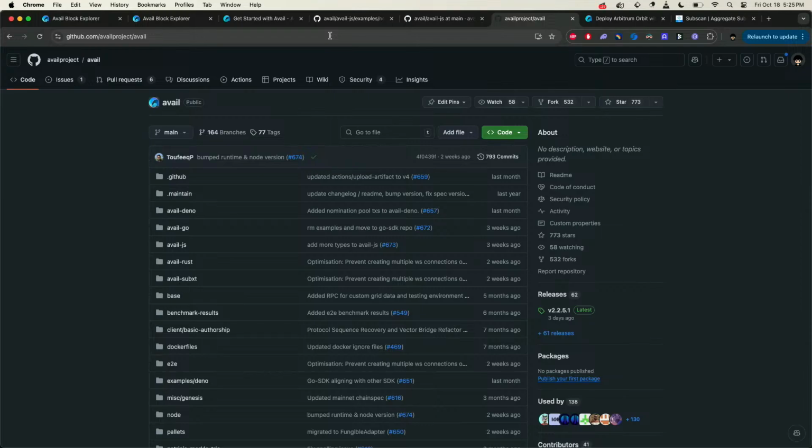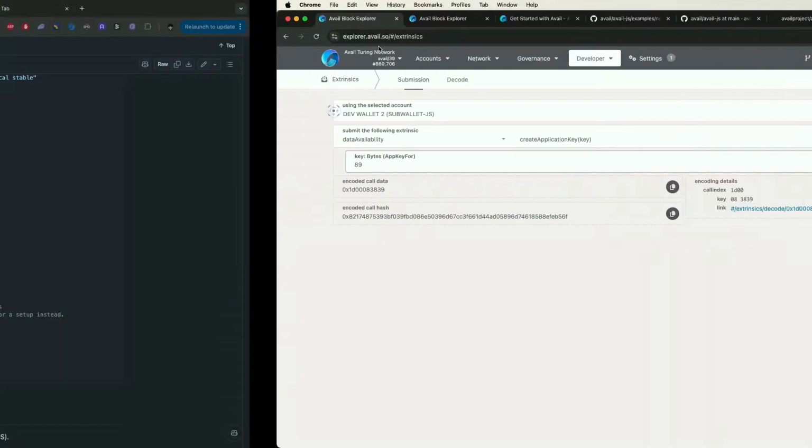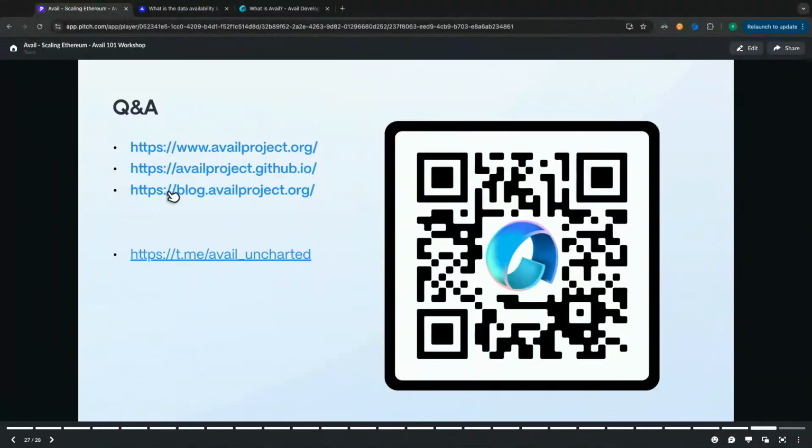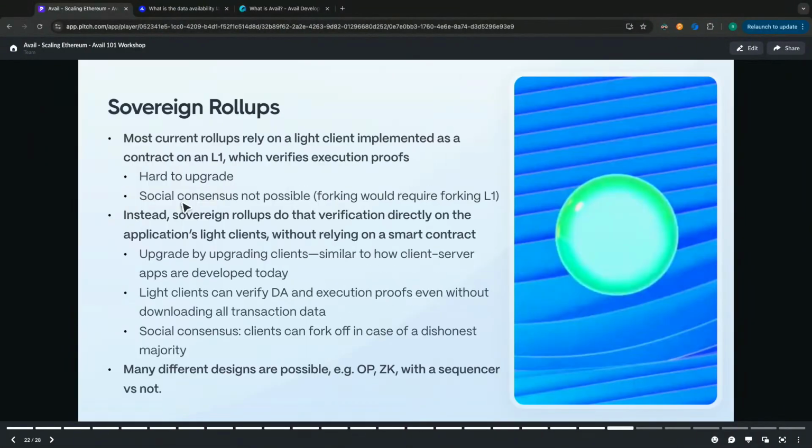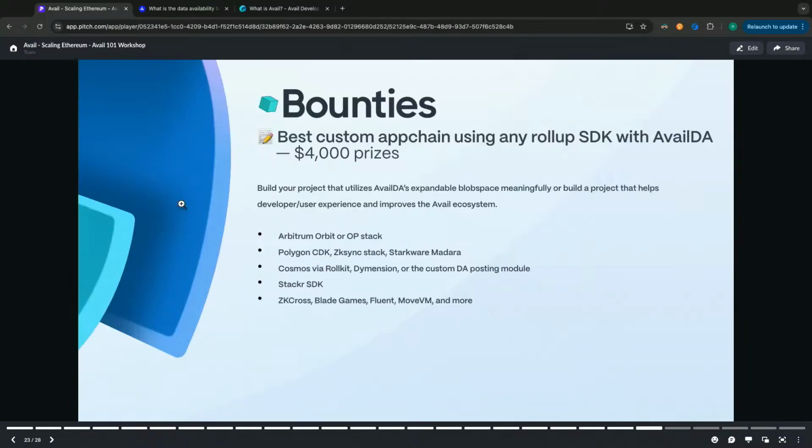Okay. So again, what you can build with Avail DA, I'll just explain a few more things so that everyone knows for the bounties, because there are a few new people. Bounties that you can make: Arbitrum Orbit or OP Stack, Polygon CDK, ZK Sync, Stacker SDK. You can use any of these to integrate Avail DA and launch your own app chain,